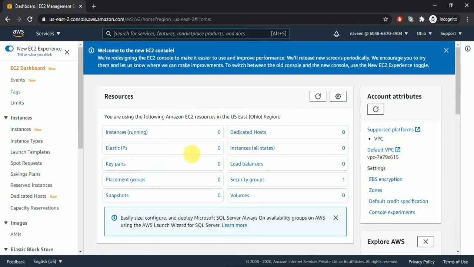So this was one example of how to create a user in AWS accounts. In the upcoming sessions, I will show you other options, like how to create the group, how to give the policy to the group, and then assign the users to that group, and all the other instructions.